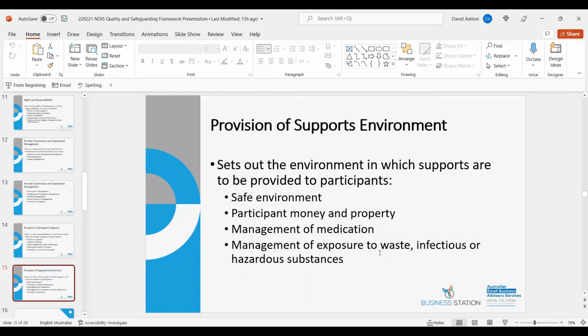So management of medication, again, the framework is all around making sure that you've got the policies and the procedures and the right people in place to be able to deliver all this. So each participant requiring medication is confident that their provider administers, stores and monitors the effect of their medication and works to prevent errors or incidences. So you need to have documentation around what medication that person will have, how it's to be administered and how it's to be stored safely and securely.